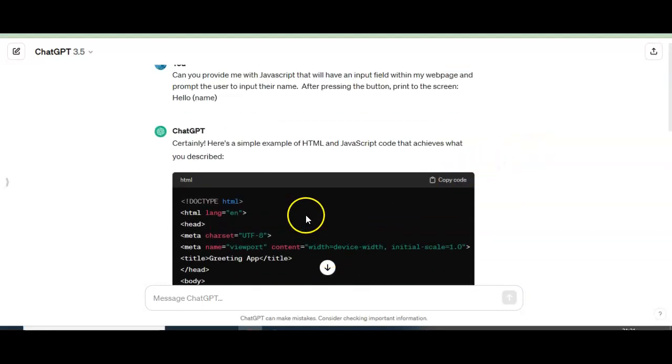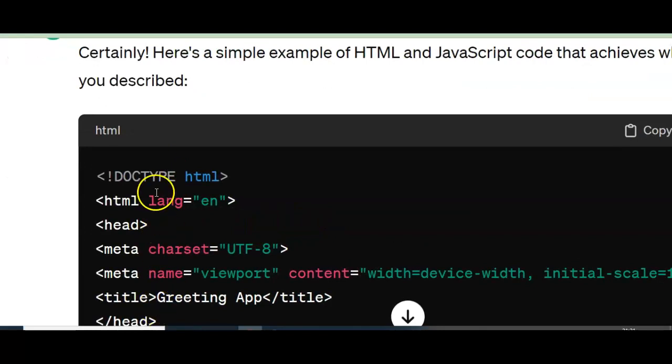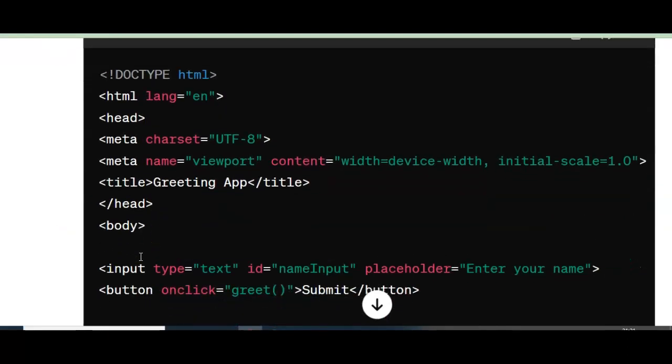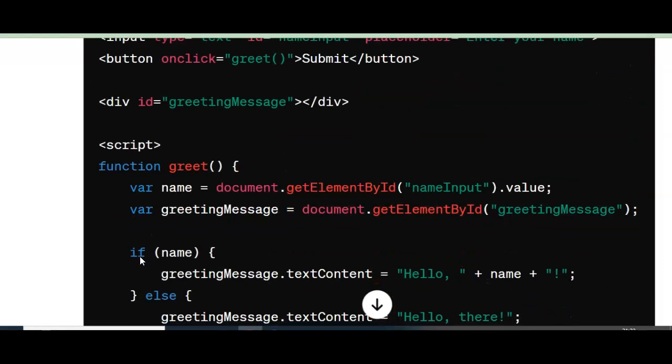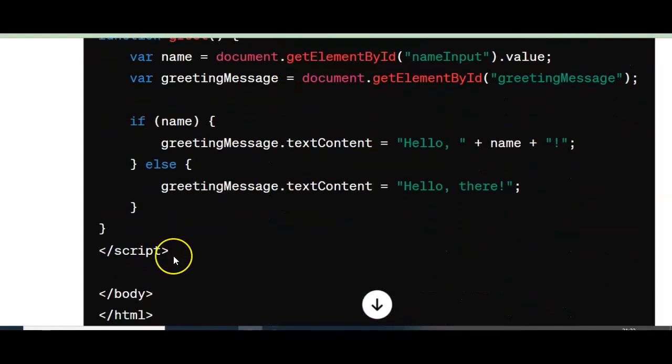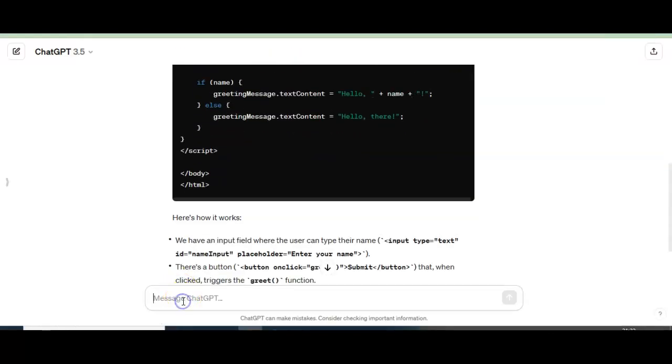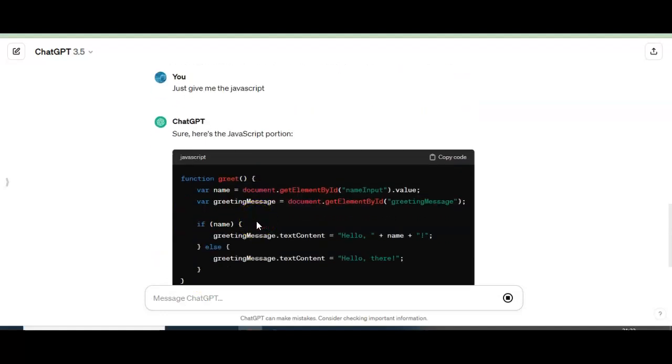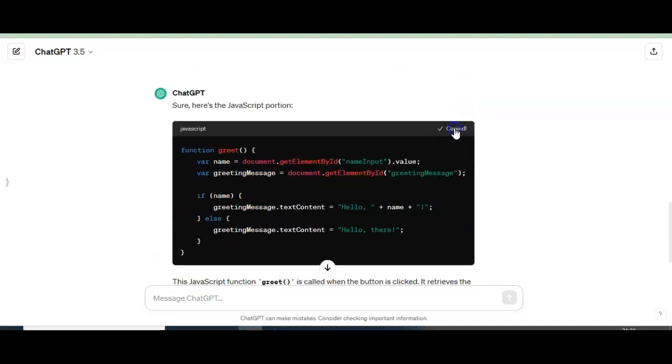I'm going to copy. Actually, I can see that it's given me HTML code as well. I recognize this by the style of the tags. I don't want the HTML code. I just want the JavaScript. So I will come, you know what? I'm going to tell it, just give me the JavaScript. There you go. So I'm going to copy this code,